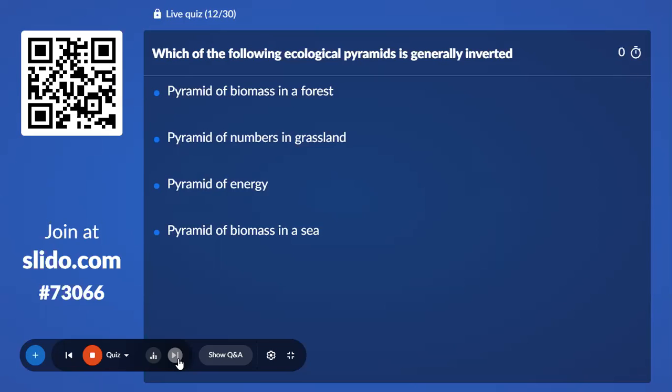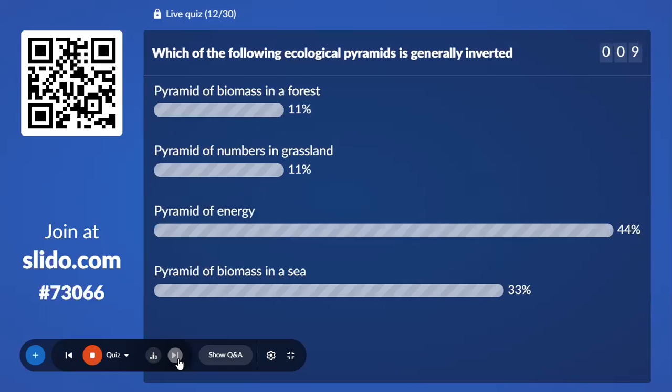Let's check it. 44% students voted it as option C. Let's check the correct answer. Oh my god. Okay. It's option D. Only 33% students have voted it. So moving on